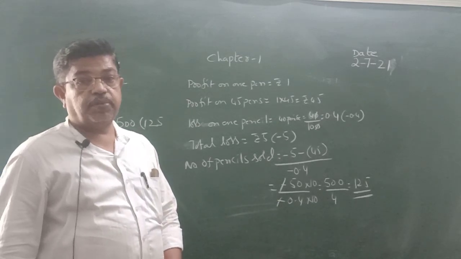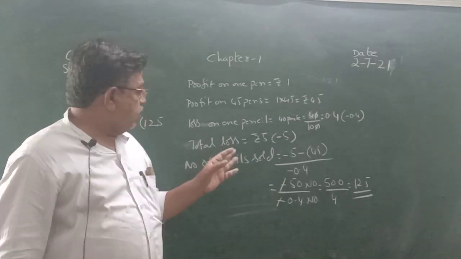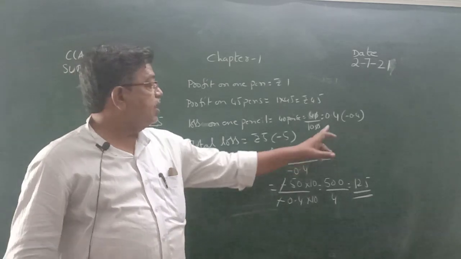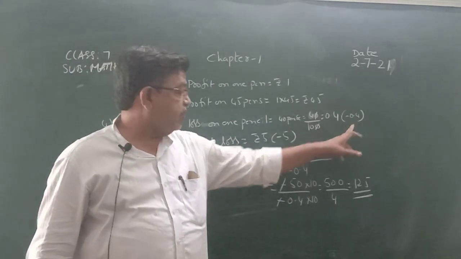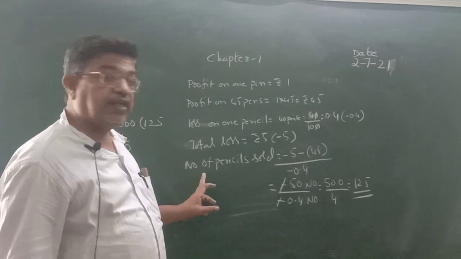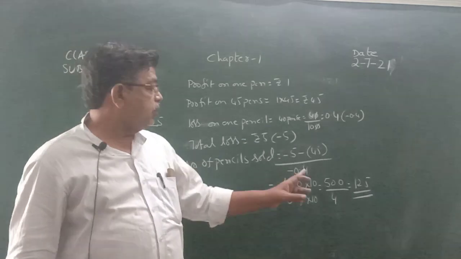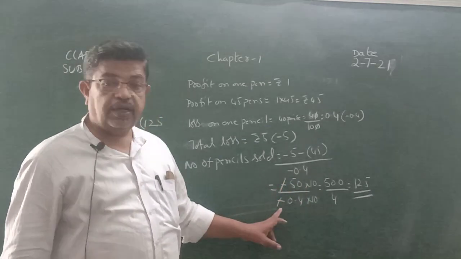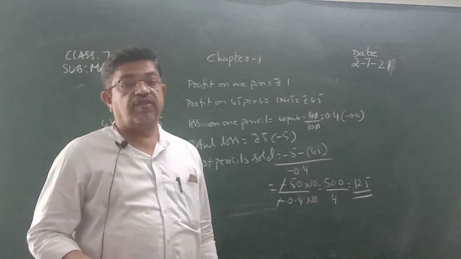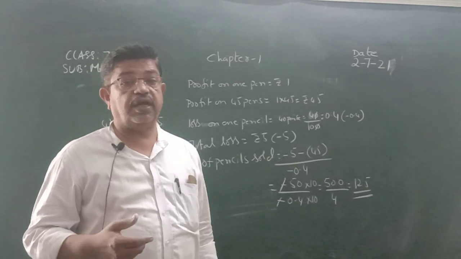The number of pens the shopkeeper sold is 45, given. On pens she got profit and on pencils she got loss. Whenever loss is given, you have to consider it as a negative integer. That is why 0.4 is taken as minus 0.4. And on the whole, the loss is 5 rupees, which is represented as minus 5. So to find the number of pencils sold, from the total loss you subtract the profit on pens, so the value is minus 50, divided by minus 0.4. On calculation we got the number of pencils sold is equal to 125. This is the application of integers. You have to be very careful where to take plus and where to take minus.